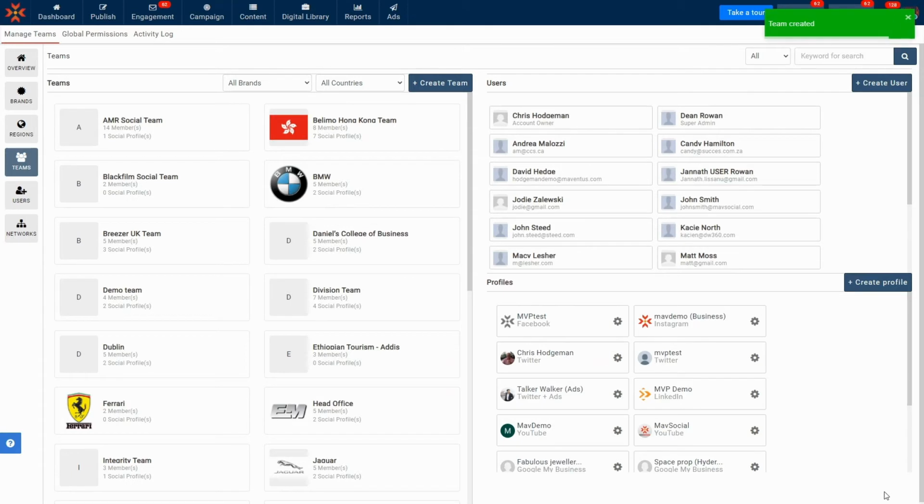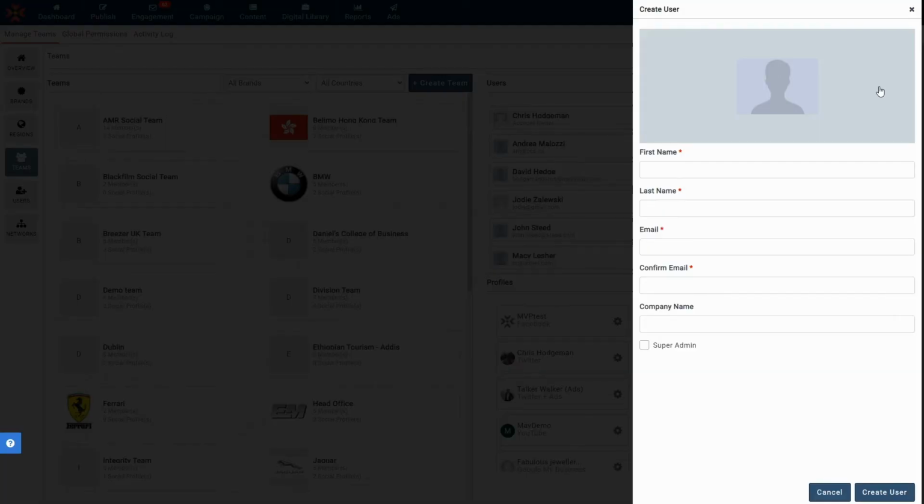Let's also create a new user to add to our newly created social media team by clicking Create User. Add an optional profile photo for your user and enter your user's first and last names, email address, and optionally, add the name of the company they work for.